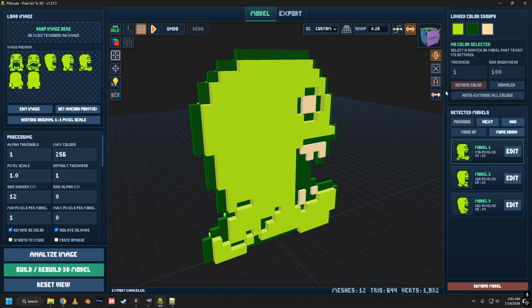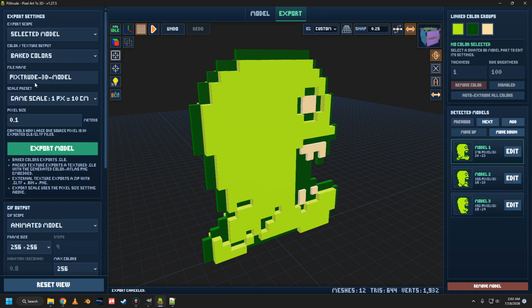What up? In this video, I want to go over exporting a model and the export settings. So, when you're done working on your model, come up here to the Export tab, and over here on the